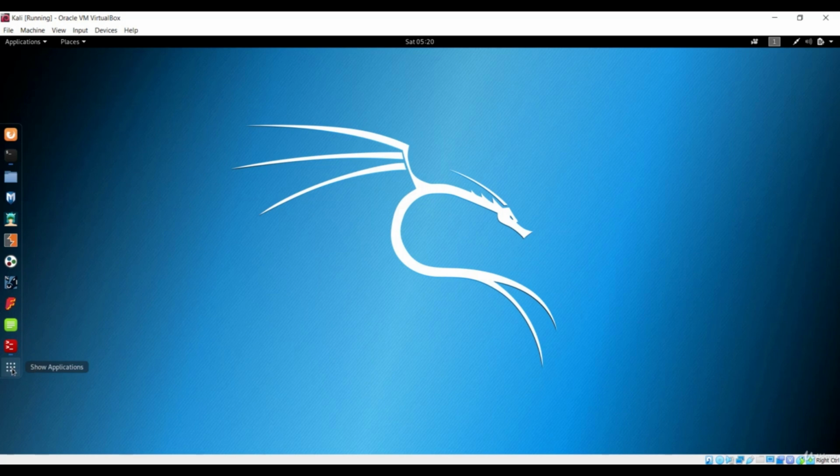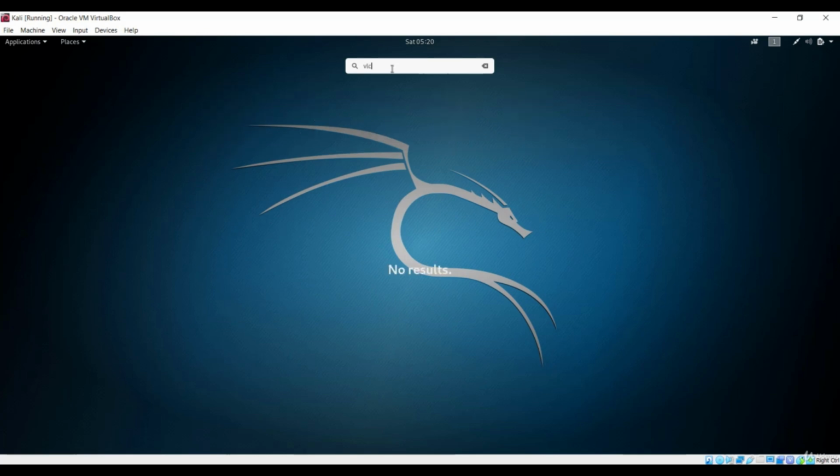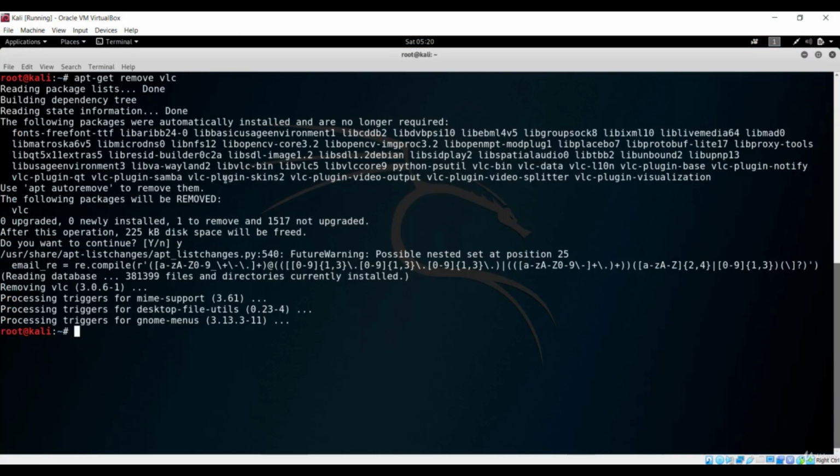This application is not working properly for me. It is taking some time. So now if I search VLC, it won't be there because we have now removed that package from the system. The thing that you have to take care of is, before actually installing a package, you have